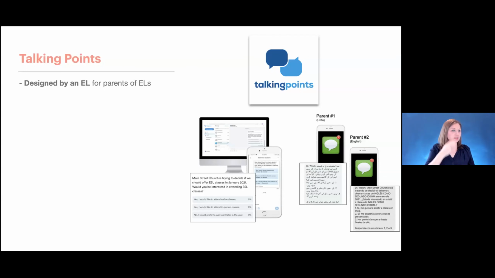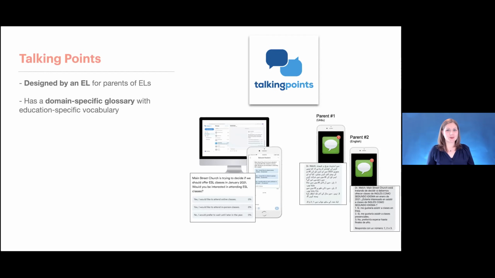But Talking Points is designed by an English learner for the parents of English learners. And so they are specifically trying to solve this problem of parent communication in multilingual contexts.